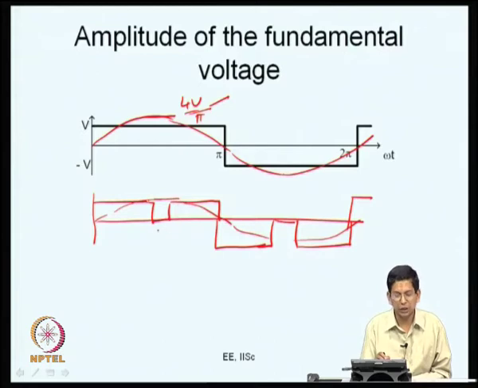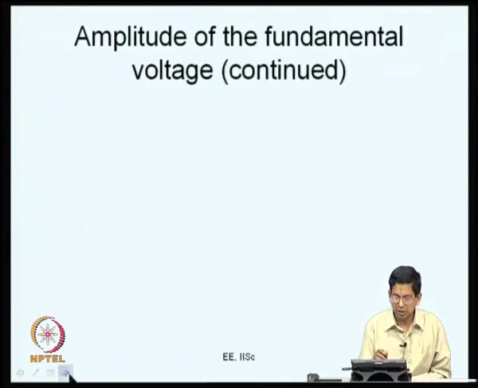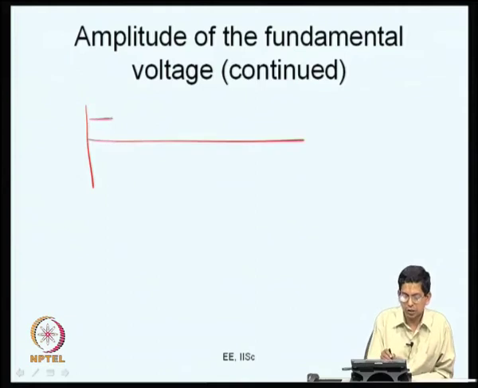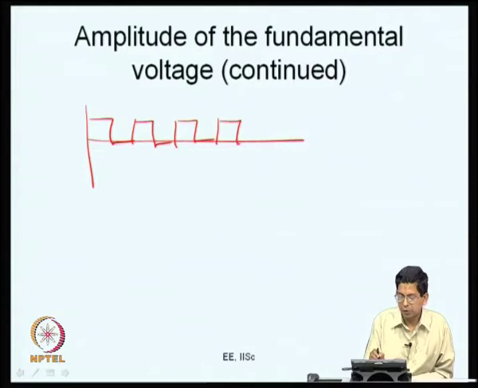So, if the notch is 0, it will be 4V by pi. As the notch goes on increasing, it will come down now. So you control the amplitude of the fundamental doing like this. So this is another part, how you want to control the amplitude of the fundamental voltage. There are various ways in which you can do that. There I had introduced a single notch, whereas you can also introduce several notches.